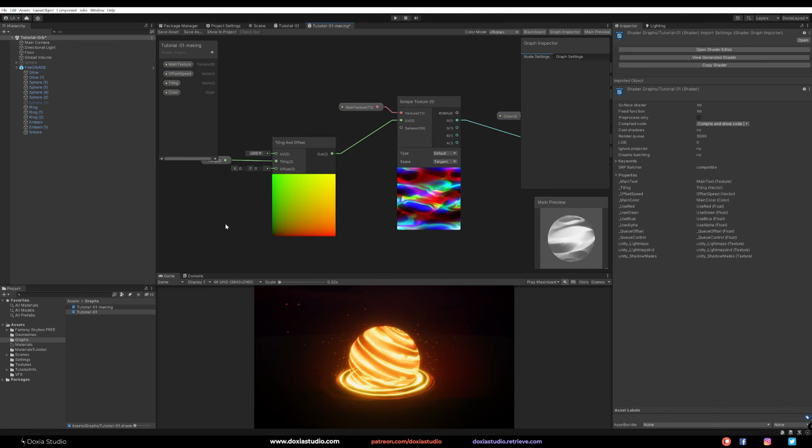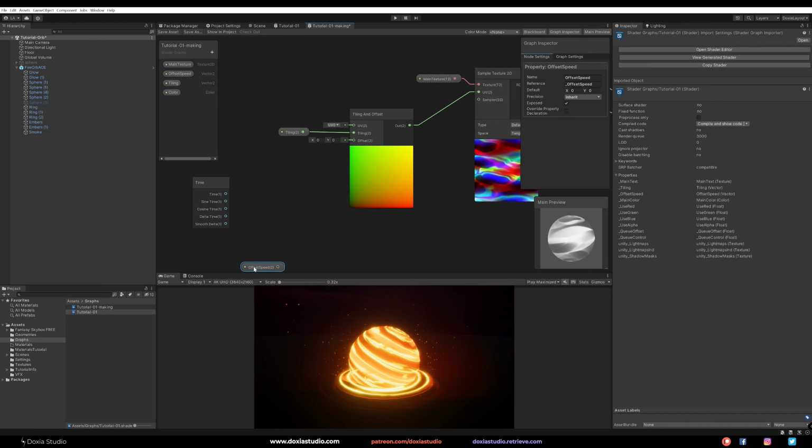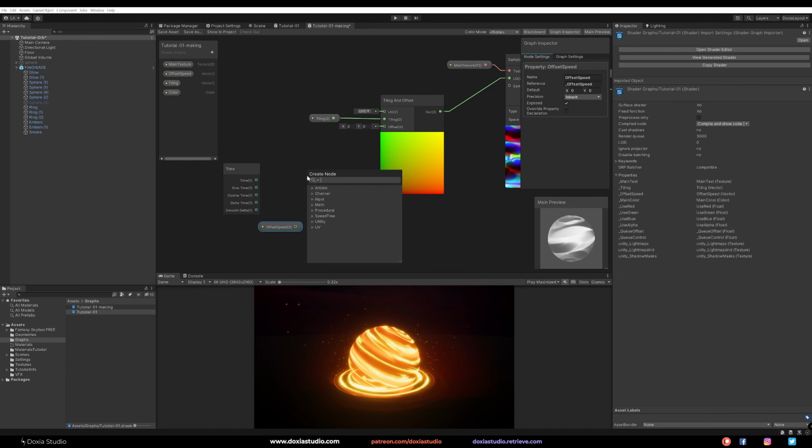And when you think of animating in shader graph, you always use the time node. The time node is really a powerful one, and we are going to use this time here on the offset. But the time is a float and we want a vector 2 to control the X and Y, because sometimes we want to animate upwards and other times we want to animate to the sides. And we are going to use the offset speed so we can control the speed of our offset. So let's link this to a multiply.